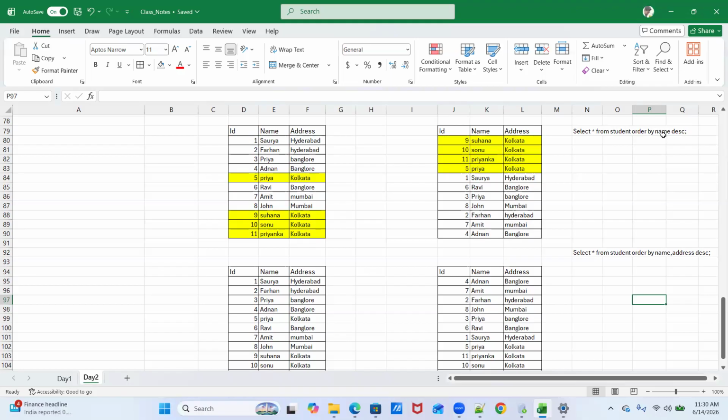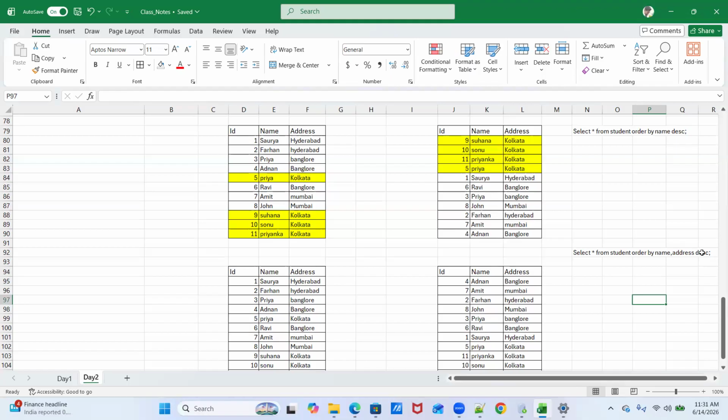Now, when you're mentioning the columns based on which you want to sort, here we have mentioned one column, that is name, and after that we have used descending. But here we have used name and address, and after address we have used descending.